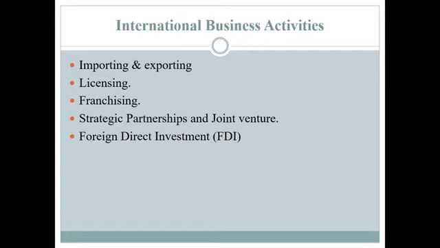So import export is the most fundamental and the largest international business activity. It is often the first choice when a business decides to expand abroad, as it is the easiest way to enter the market with a small outlay of capital. Now what are we expected to do in import export? Why is it an international business activity? It is the simplest way, the easiest way through which you can enter into